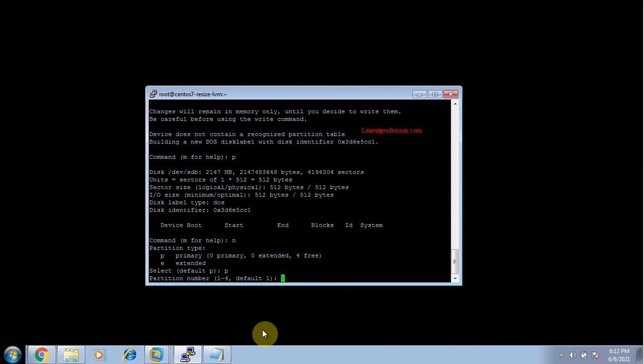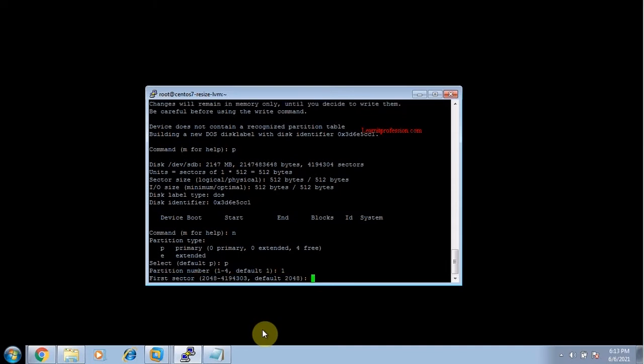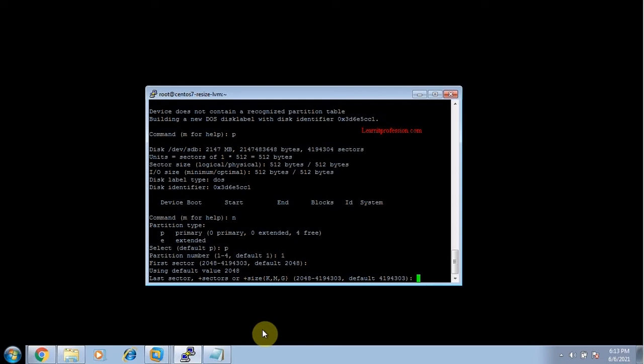In a single drive you can create 4 partitions, but we are creating just one partition, press 1. For the first sector you can type 2048 or just press enter. For the last sector you can give a size in kilo, mega and giga.